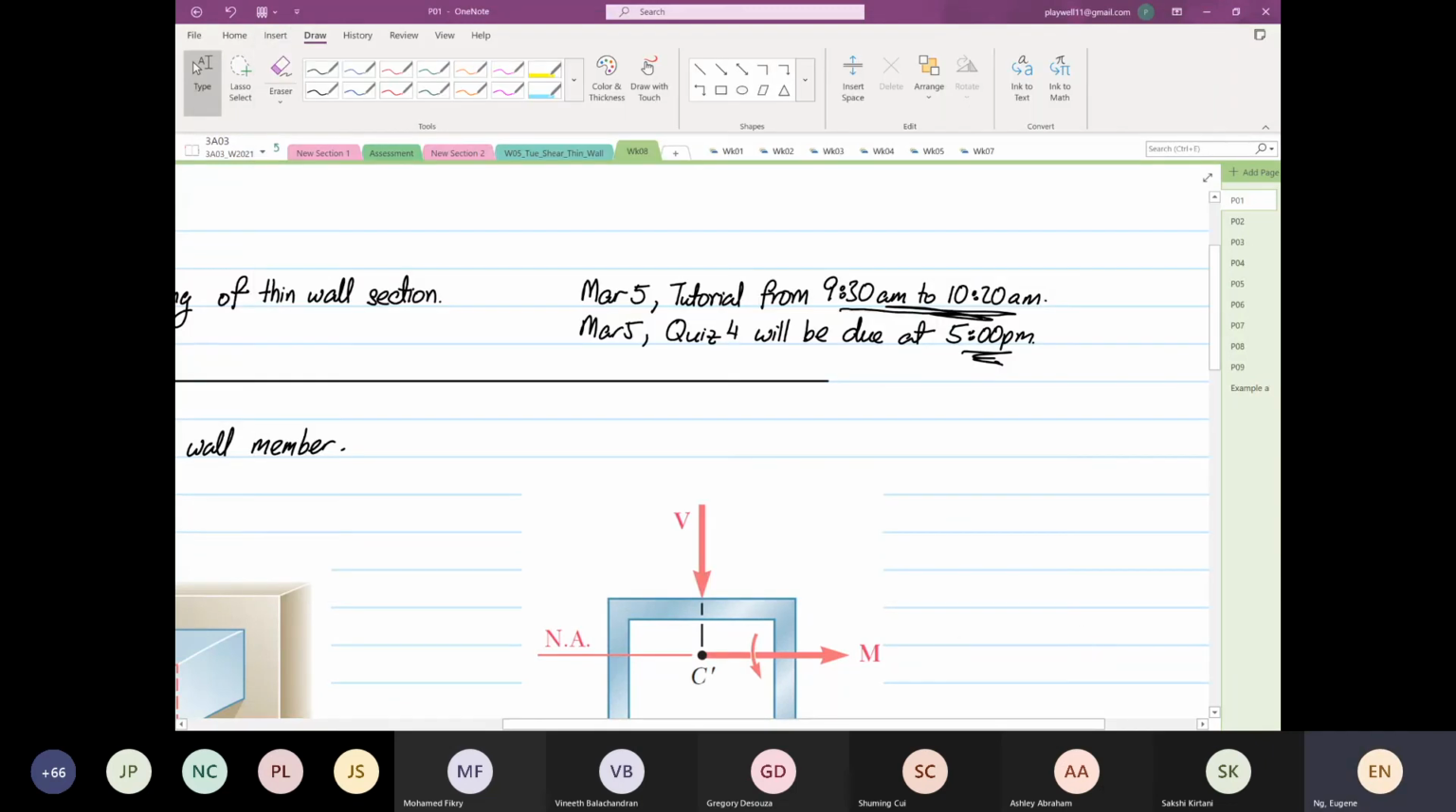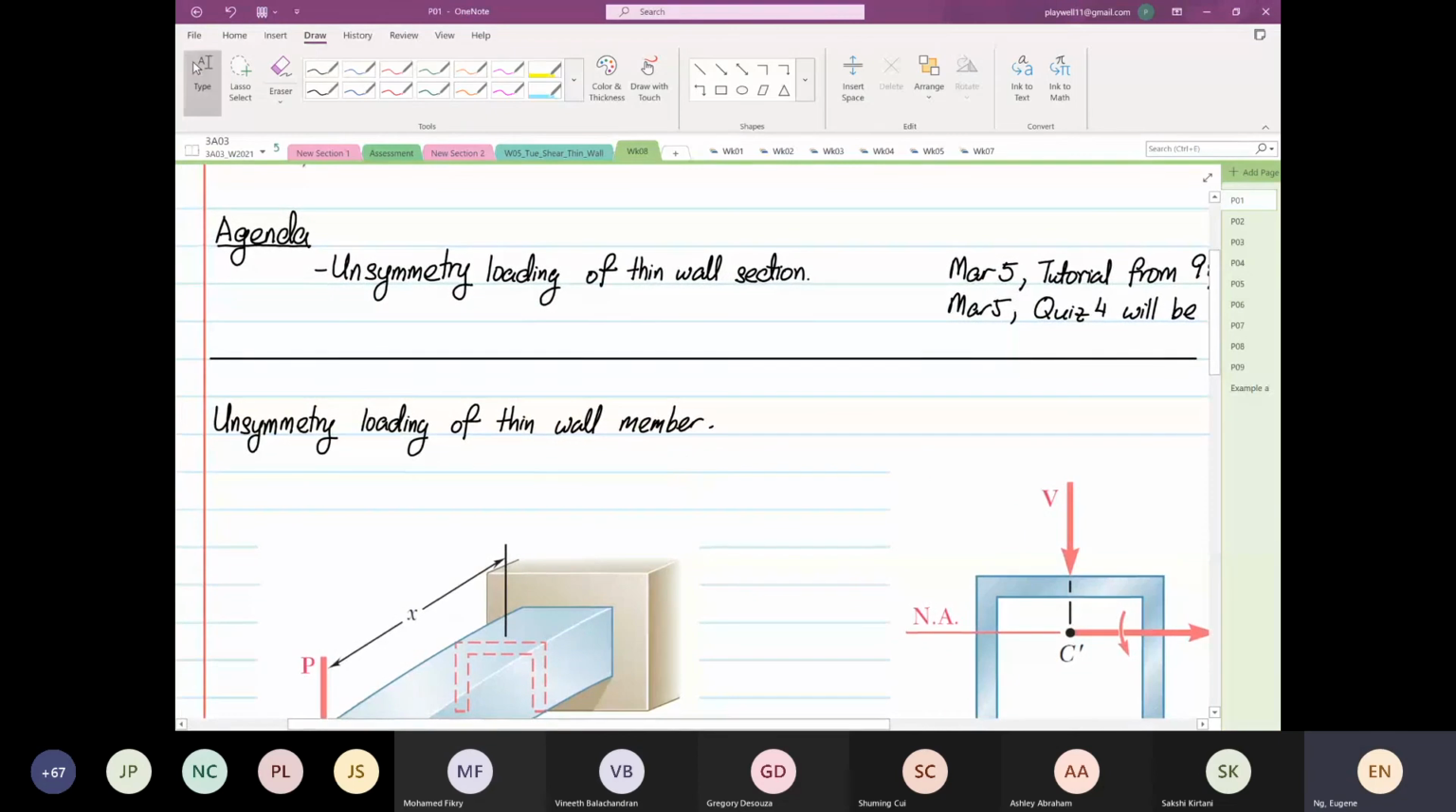Okay. So today is the last chapter of shearing stress. Okay, the last. And some will say, oh, thank God. So this is the last chapter. And we're going to focus on unsymmetric loading of thin wall members. If you're going to read the textbook, it's on chapter